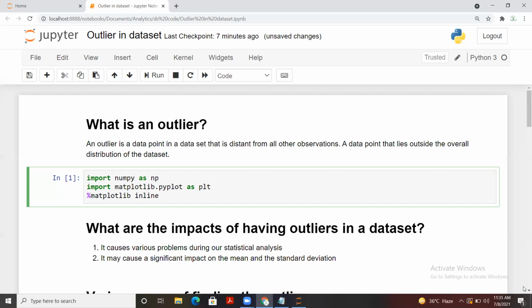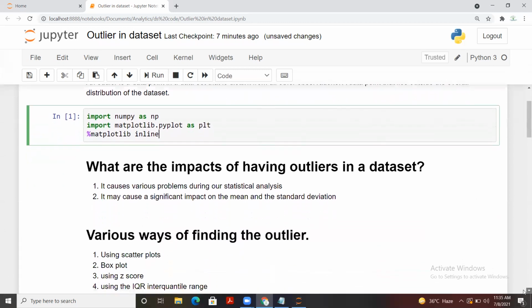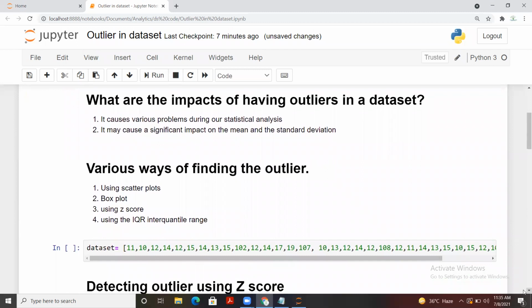There are several ways to detect them. We can find them using visualization as well. You can use a scatter plot, and while building it you can easily understand how the data is distributed and what the variations are, and find the data points that vary from the others.